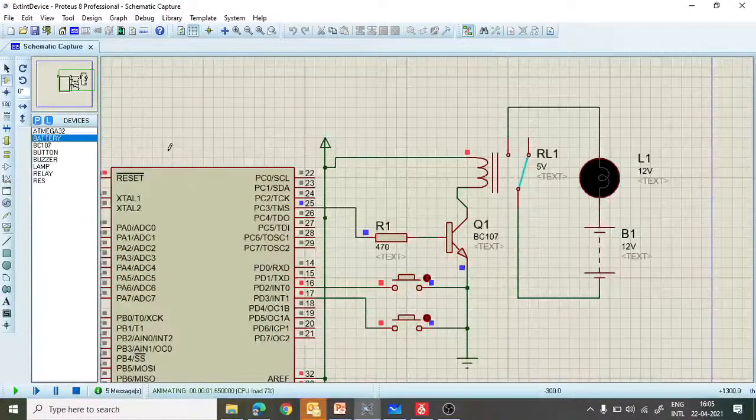So after the simulation of the program, you can see that this is a switch corresponding to interrupt 0 and this is the switch corresponding to interrupt 1, because this push button switch is connected to PD2 pin, that is interrupt 0 pin. This switch is connected to PD3 pin, that is interrupt 1 pin. If I press this, what will happen? Interrupt 0 will be generated